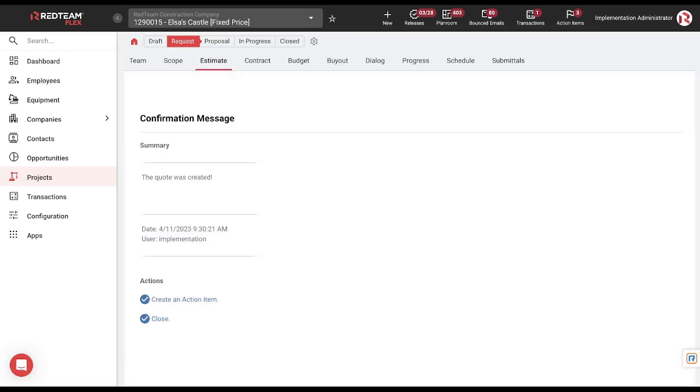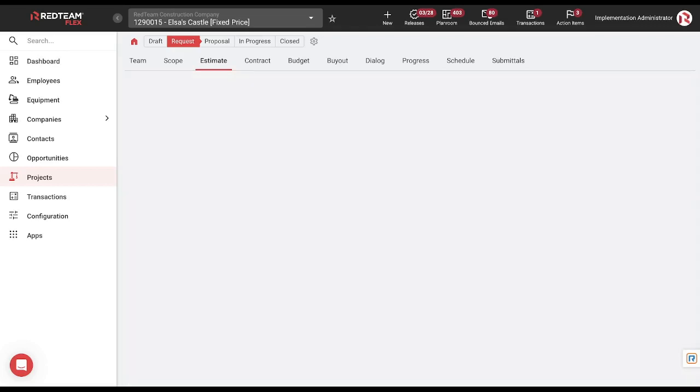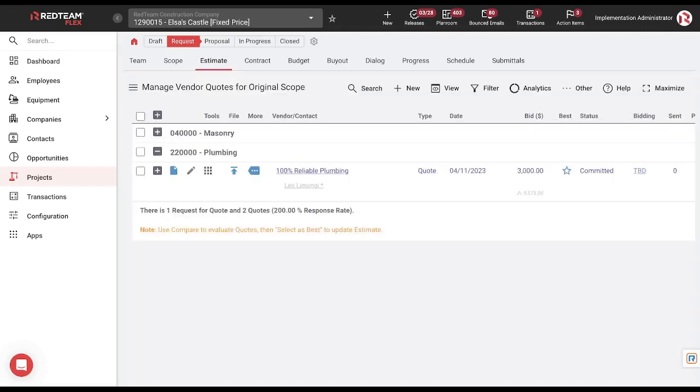We're going to get a confirmation message. From here, we can create an action item or close out. We're going to go ahead and close. And that's going to take us back to our main Manage Vendor Quotes for Original Scope page. Under our cost code that we used, our plumbing cost code, we are now going to see our quote that we just added from our vendor. From there, as we start getting